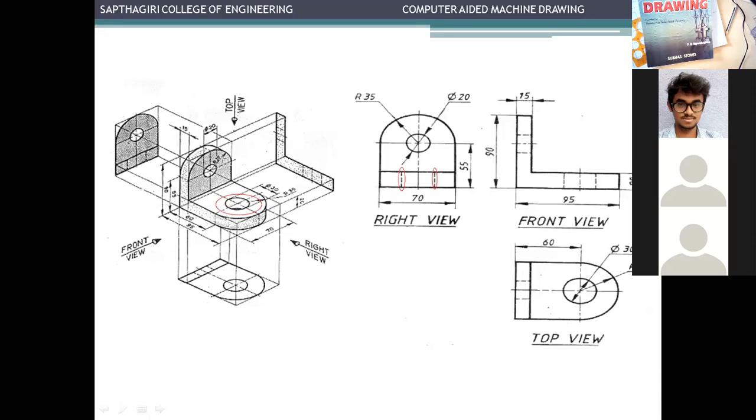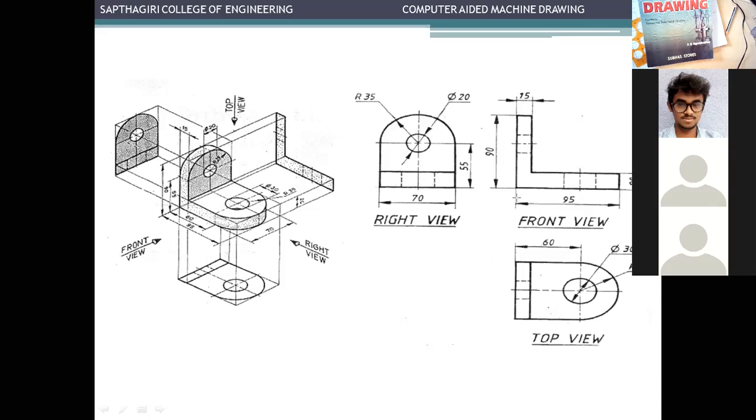And here also the front view hole, diameter 20 hole, is represented as a hidden line in the top view. This is the conventional and standard representation of a drilled hole. Here also, see here, it is a drilled hole. The center line that is represented here means it is a drilled hole. This line, which represents the axis of a drill bit, means that it is a drilled hole of that particular position. So that is all about orthographic projection.